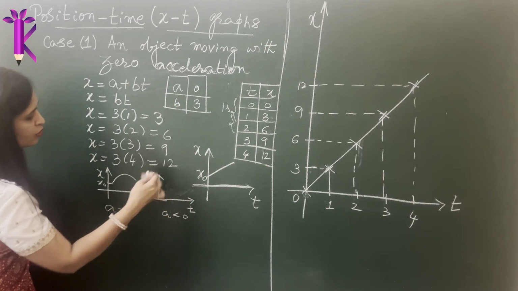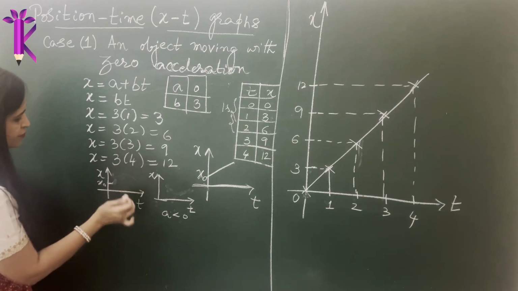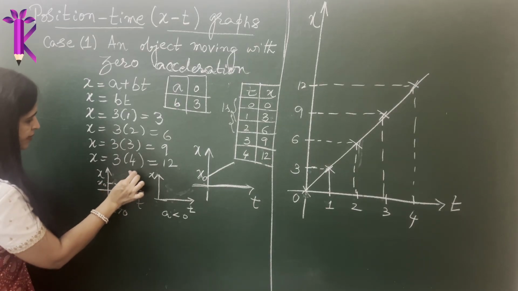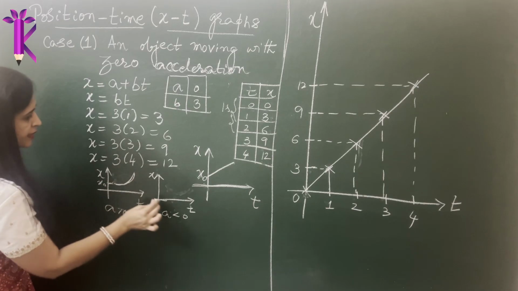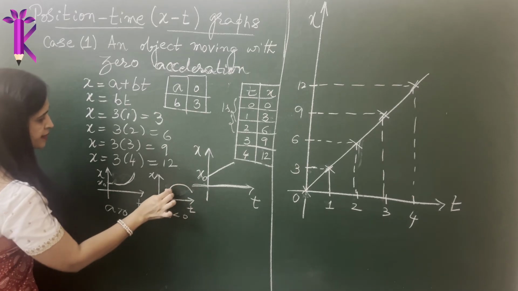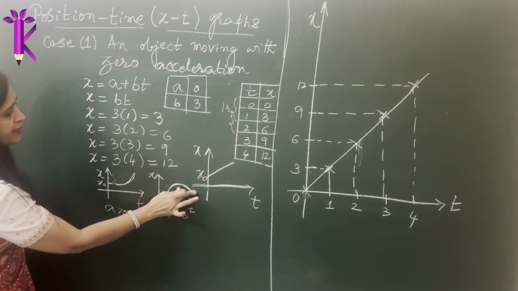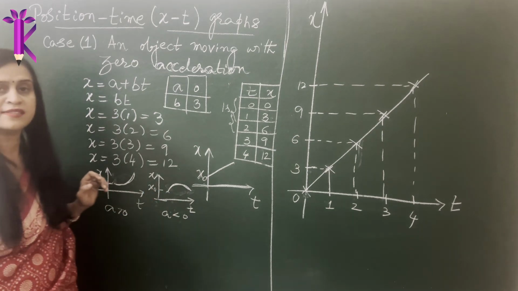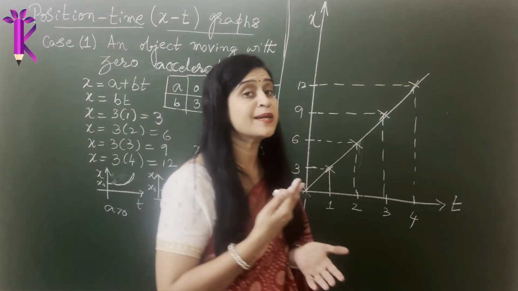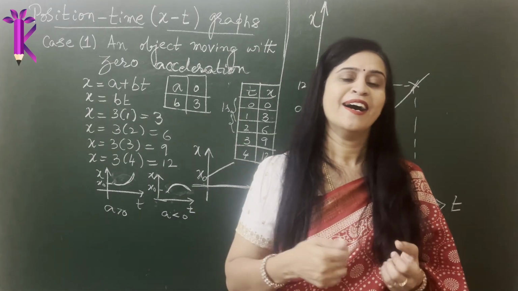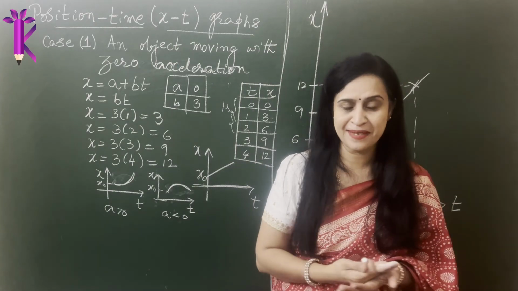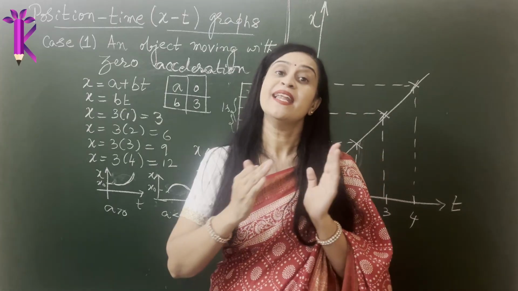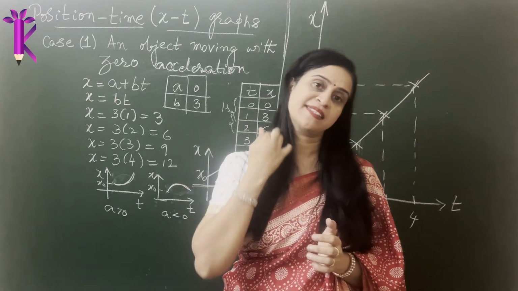We saw, it is going to be an inverted, sorry. This is positive acceleration, it is going to be like this. Negative acceleration, it is going to be like this because it increases and then decreases, assuming it started from x0 and not from 0. So this is how you can plot position versus time graphs for positive, negative, and zero acceleration.